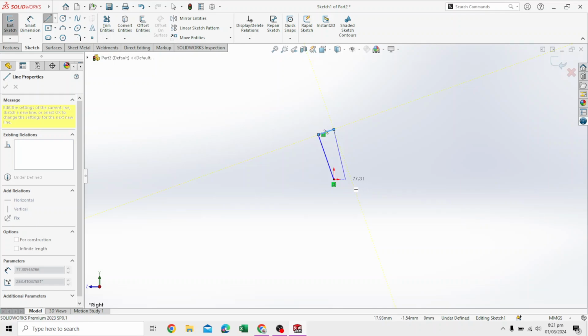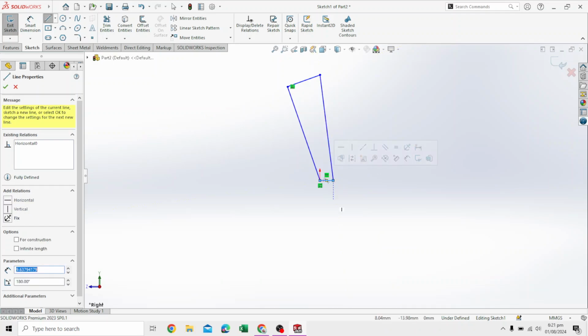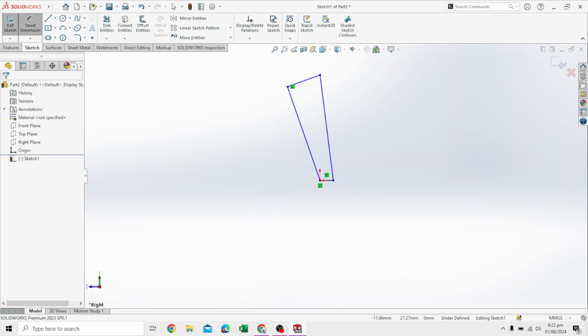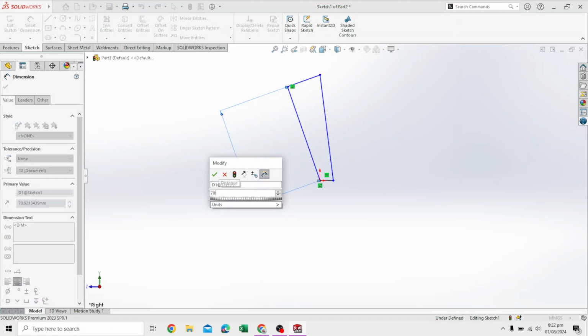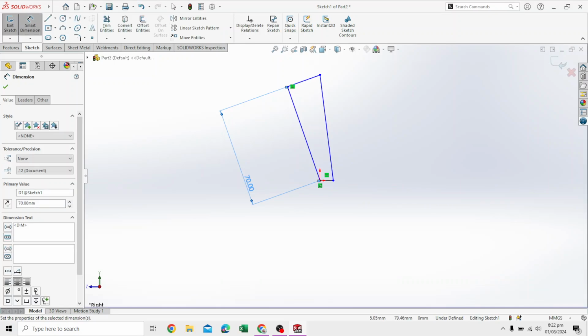And then we will have another one that will be about this much. Not sure exactly, but we will dimension it accordingly and then connect this here. Now go to dimensions and properly dimension these. So obviously this is 70 and this will be,